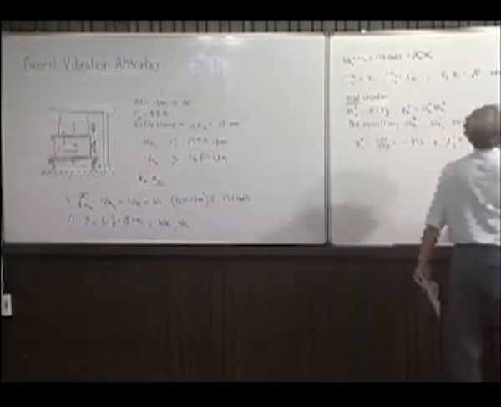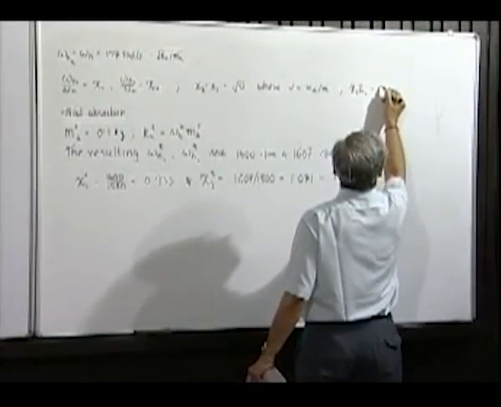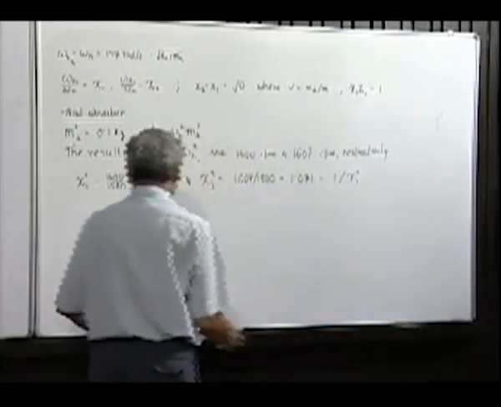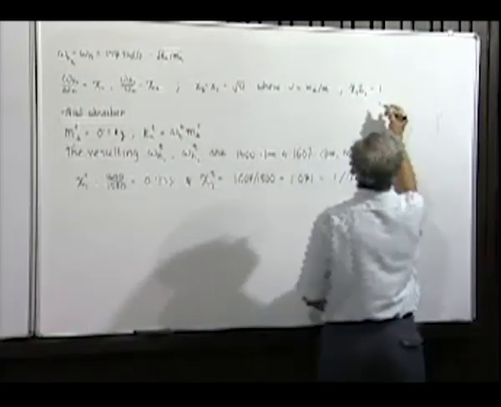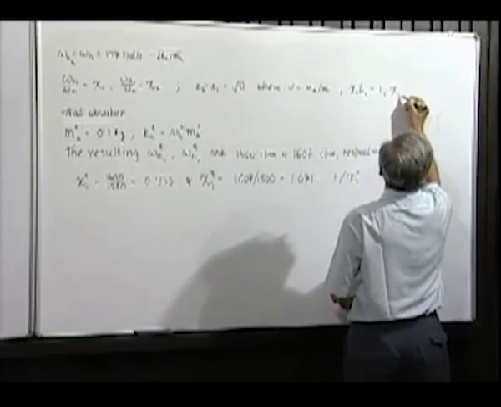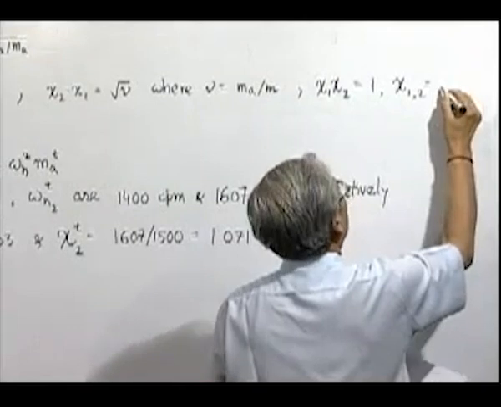We can mention this also if necessary. We should also mention that chi 1 and 2 can be written as half